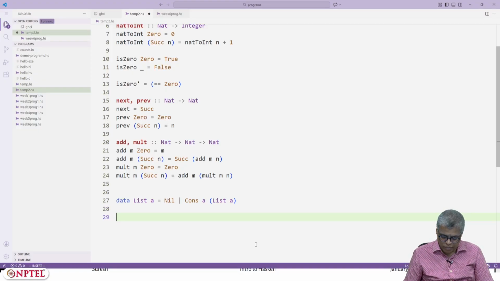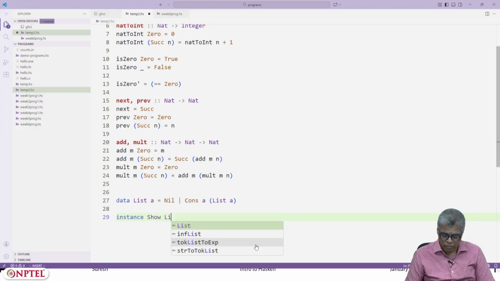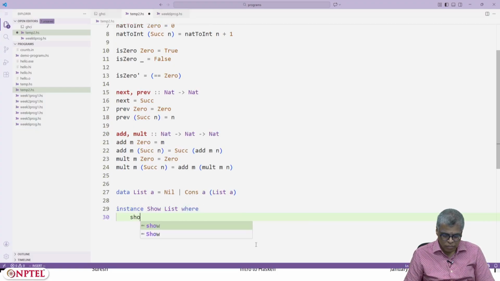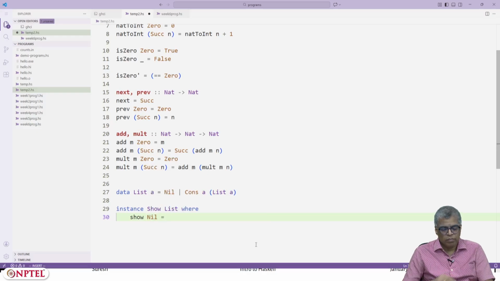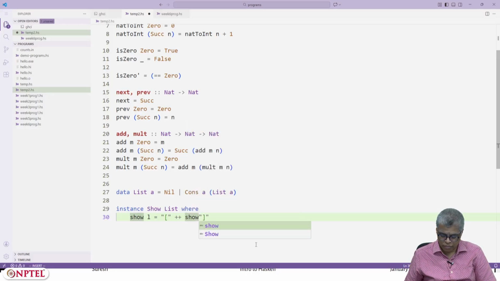The first thing I can do is show list is nothing but left brace followed by, actually you could just do this.